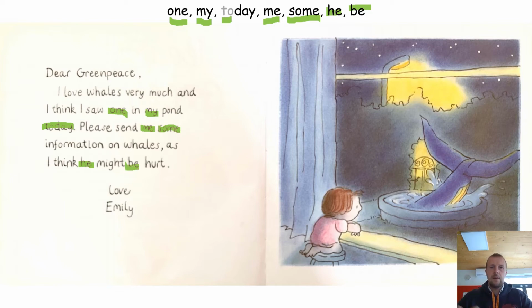Okay, so now that we've found those sight words, let's see if we can read through the text. Now, the first two words are the ones that we read on the title page. So, dear, and then Greenpeace. Dear Greenpeace, I love, oh, that's a hard word, so I'm going to change color and I'll highlight it up for you. That word is whales. We spoke about that on the front cover, didn't we? Whales. So it's a type of creature that lives in the sea, huge creatures. I love whales